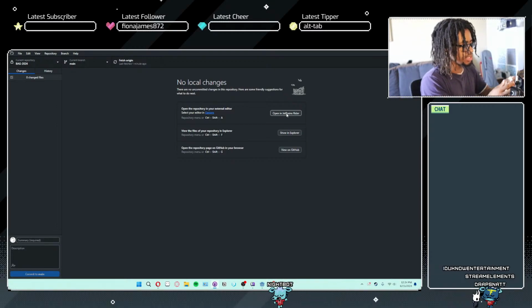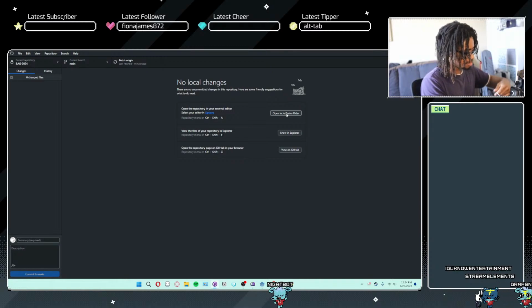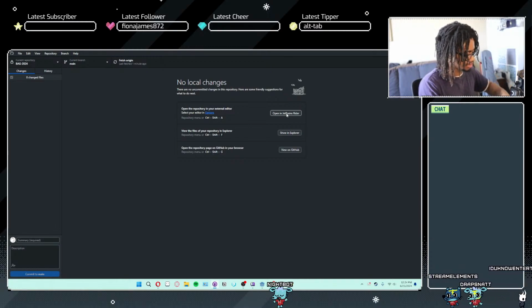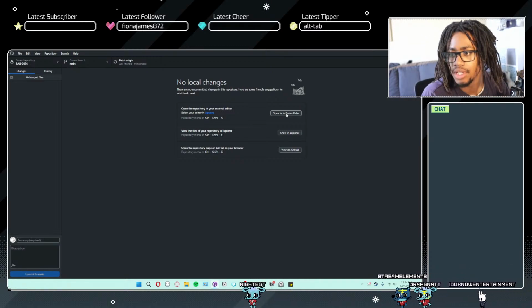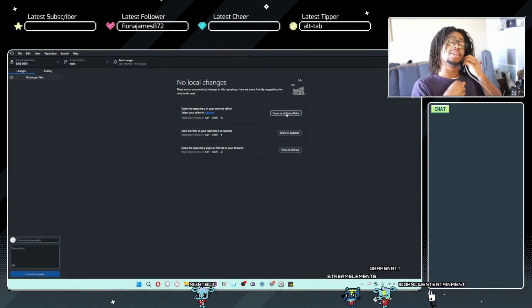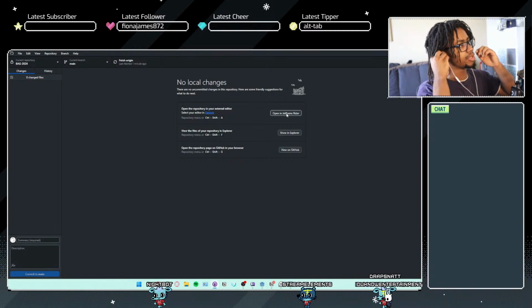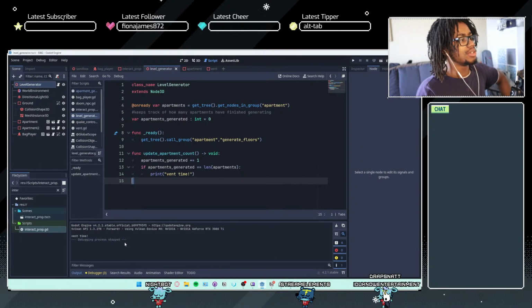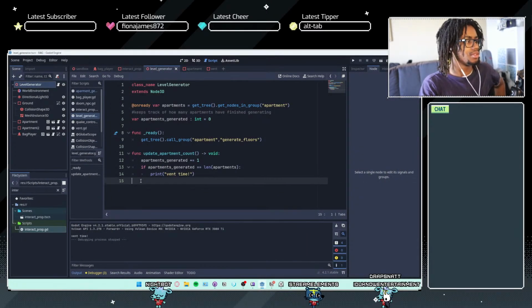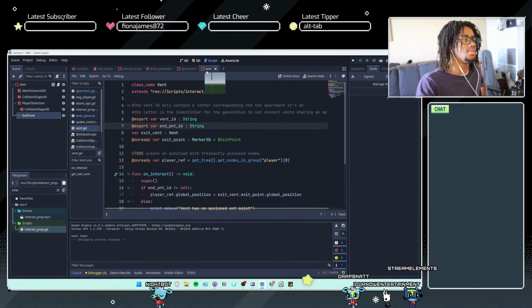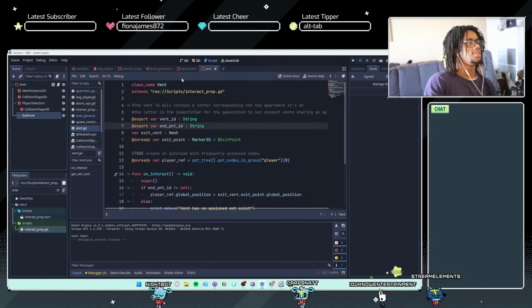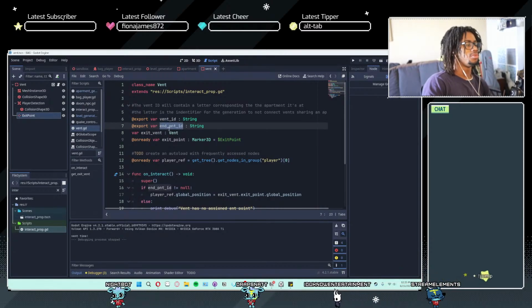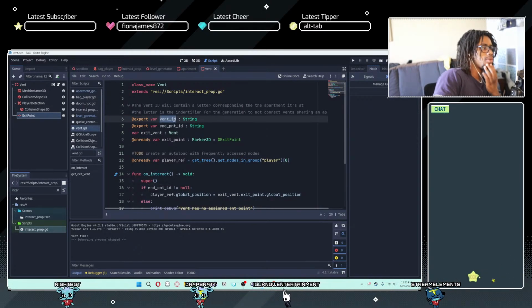Okay, now that we have the first step, which is the apartments actually generating, the next thing we have to do is making sure the vents get assigned the proper IDs, and then we can start working on that vent system. So, how are we gonna handle that? That's the real question. So each vent has a vent ID and it has an endpoint ID. So I think I want to make